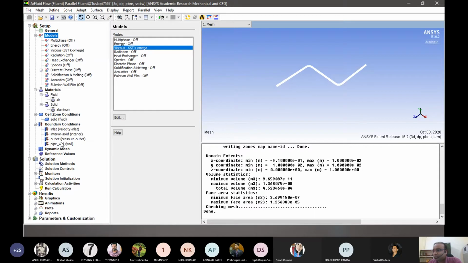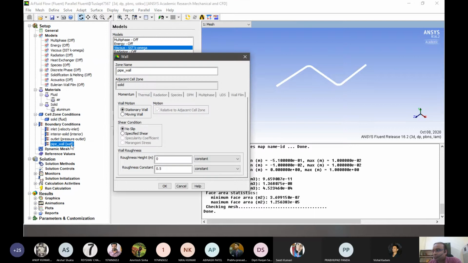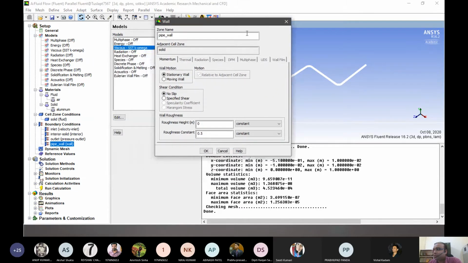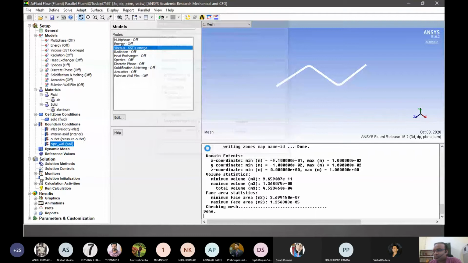Okay, so boundary conditions we have given. Now, because it is turbulent, till now it was linear, so things were less. Now it is turbulent, so we can also give some surface roughness, how much roughness the outer wall will give to it, or how much resistance it will give. We can give that roughness height, in meters. So all those things can be given, right?